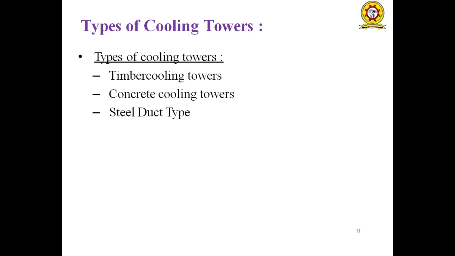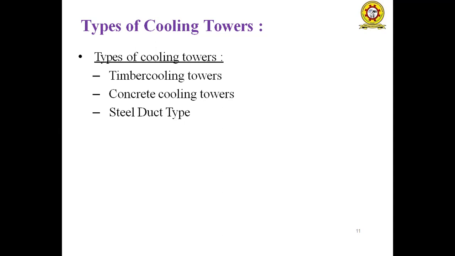In the timber cooling towers, timber is used for the tower. This type of cooling tower can be used for a small amount of heat exchange. And next one is the concrete based cooling tower. In the concrete based cooling tower, the towers are made up of concrete, and it has a large capacity, sometimes of the order of 5 into 10 cube meter per hour. It improves the draft and air circulation between the hot water and the air, it increases the stability under air pressure, and the maintenance cost is also very low.